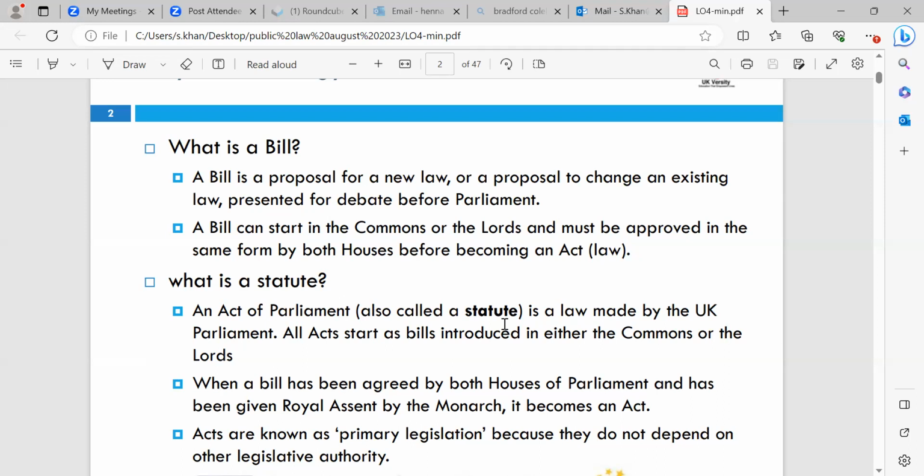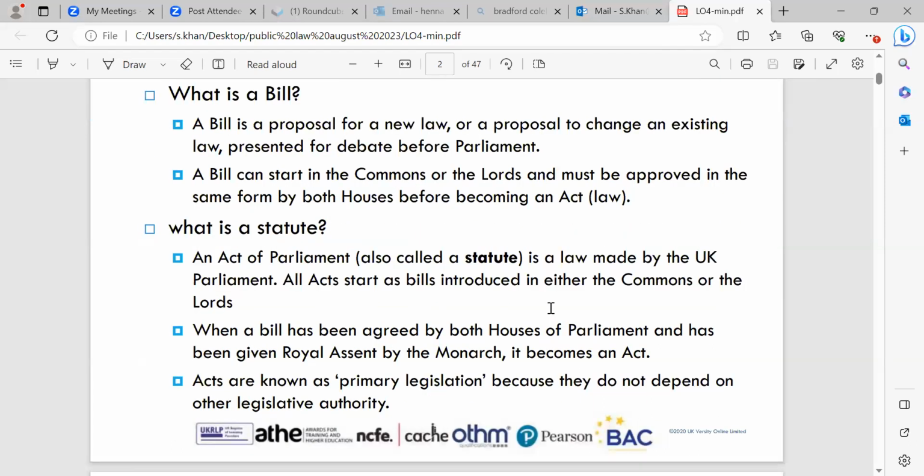Because as society changes, the laws have to be amended. Yes. So as society changes, the rules have to be amended, okay? And also there may be an incident that occurs where there's a need for a new law, okay? For example, do you remember the situation with COVID? Yeah. There was a need for new policies and laws to be brought in place during COVID time. Another good example is issues in regard to terrorism. If there's been any sort of terrorist attacks, the laws need to be reformed around that.